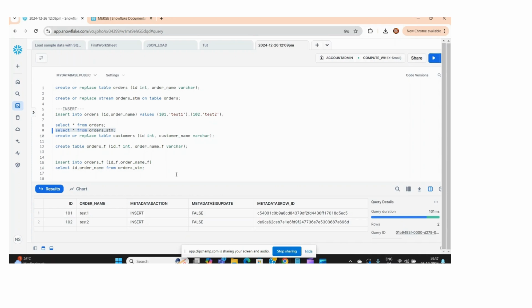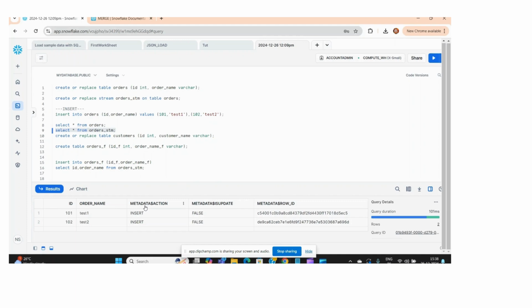If you see, it is showing all the columns from my table. On top of that, it is showing three new columns: metadata action, metadata isupdate, and metadata row id. These are the three very important columns, which show what type of operation has happened